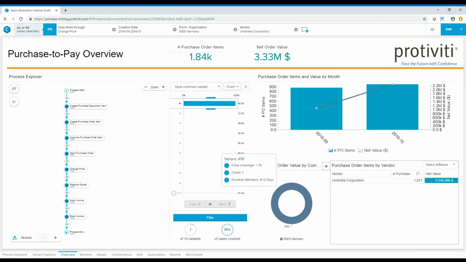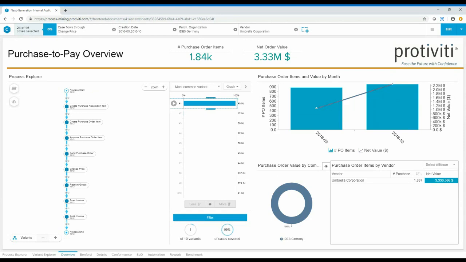And I've been able to do a deep dive that, frankly, and I've been doing data analytics work for a long time, it would be very hard to accomplish, in particular as fast as we just did it, with other traditional analytics solutions. So we've been able to get down to an area of particular interest and got it down to 2 months and a particular vendor and a particular purchasing entity very, very quickly. So I think some of this hopefully is just of high interest and is generating some excitement.